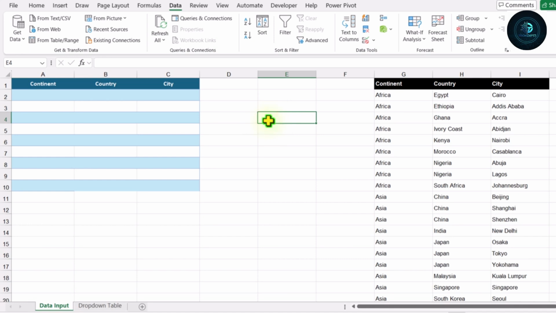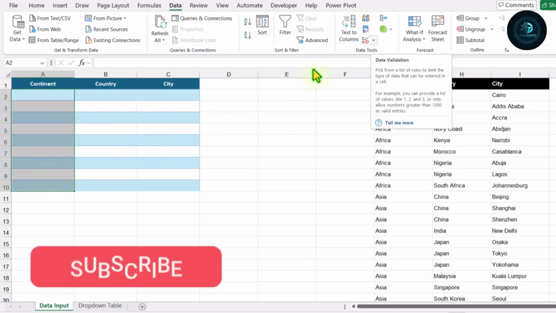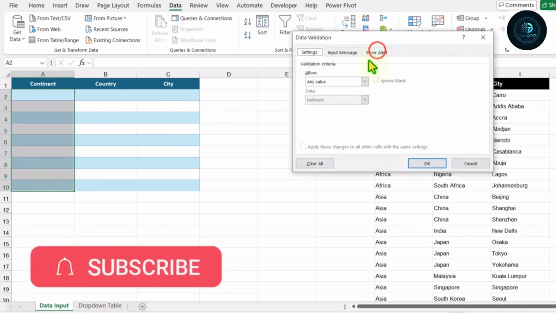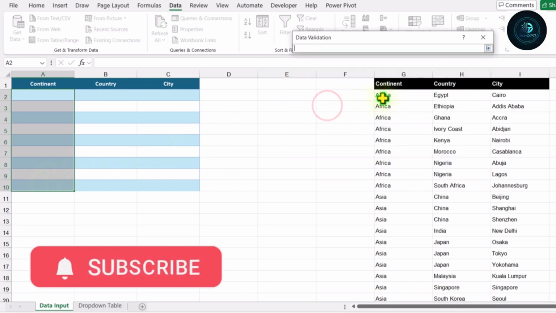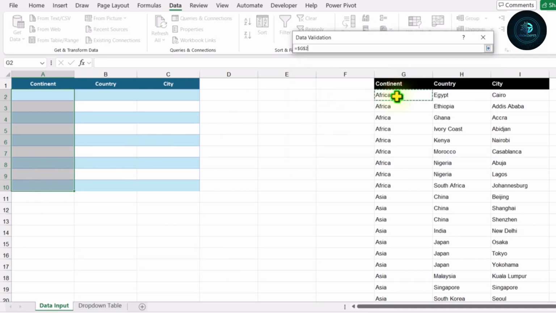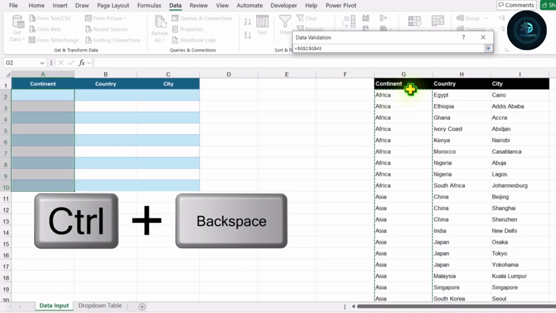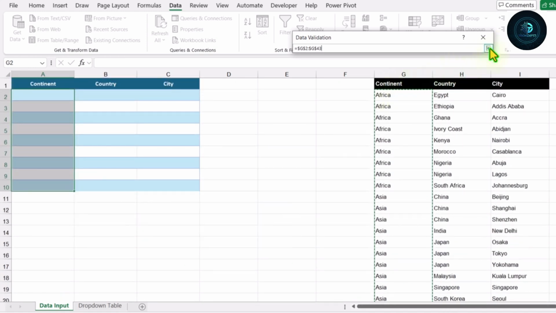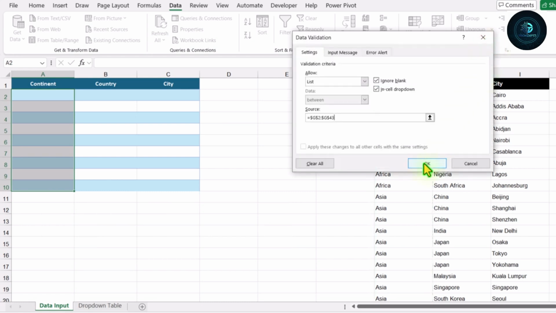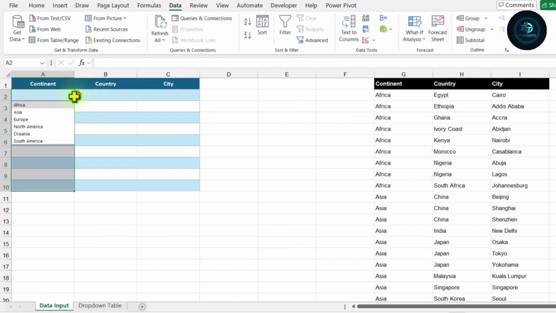In this video, I will show you how to create multiple dependent drop-down using XLOOKUP function. The first thing, I will click on A to select all of the cell, click on Data Tool, Data Validation, select List, and now I will click on G to simply type Ctrl Shift down arrow key, Ctrl backspace key to move to the active cell again. Click on this down arrow and now simply hit OK, and this is how we create our first level drop down.